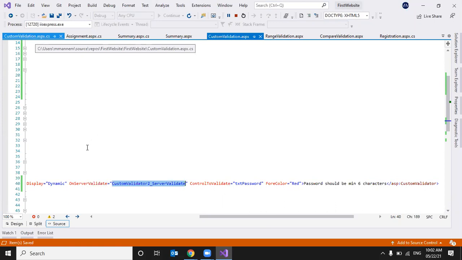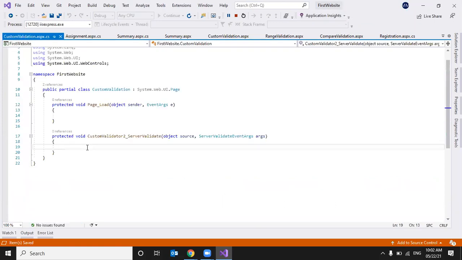Now to know how we write the code, I'm writing the same way here also. See here, there are two properties: source, from which control the call is coming or the event is raised, then some arguments, right?